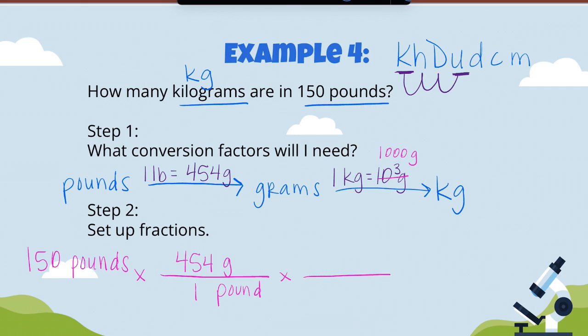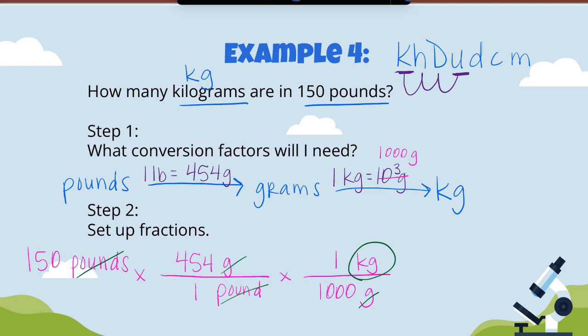Next, I'm going to convert from grams to kilograms. And because my grams are on top and I want them to cancel, I'm going to write my grams on the bottom and kilograms on top. And using King Henry, I learned that 1 kilogram is 1,000 grams. So if you take a look, my pounds cancel, my grams cancel, and I'm left with kilograms, which is what